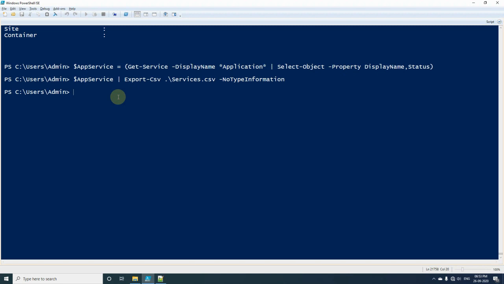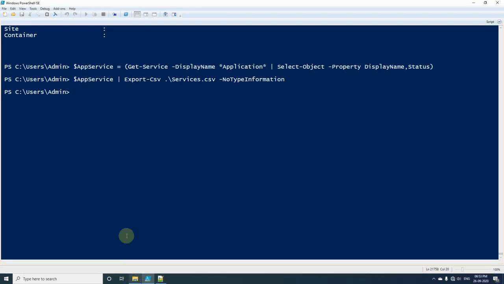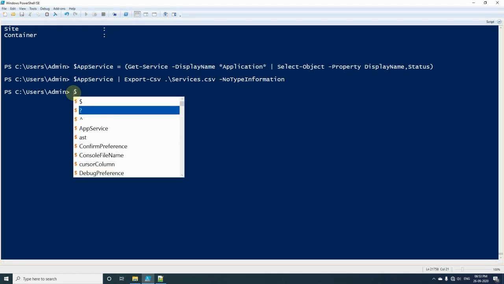So now we have created one CSV which contains the data of services with the application keyword, and now we will get other services and try to append them in the existing file. So here we will use one variable called bin service.